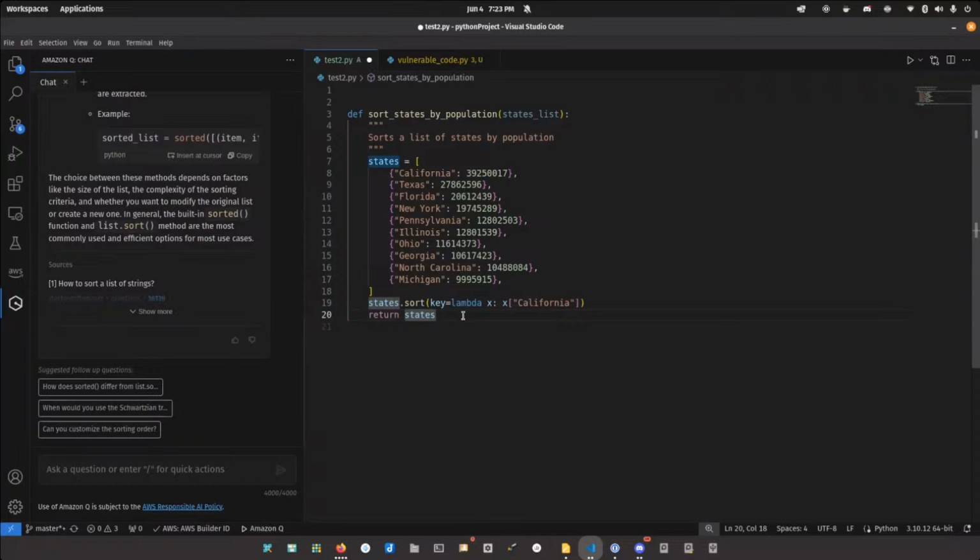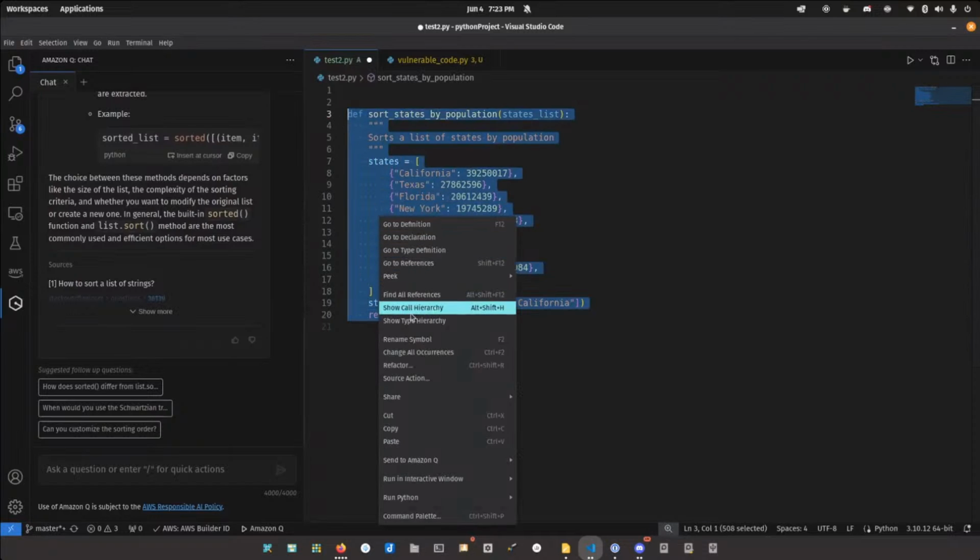Let's say I want to take this and refactor it. If I select the text and right click, I have this prompt here called Send to Amazon Q. There are a couple of things it can do. It can explain what you selected. It can refactor what you selected, making it more Pythonic; typically it's really good at following PEP 8 standards, if you're familiar with Python standards.